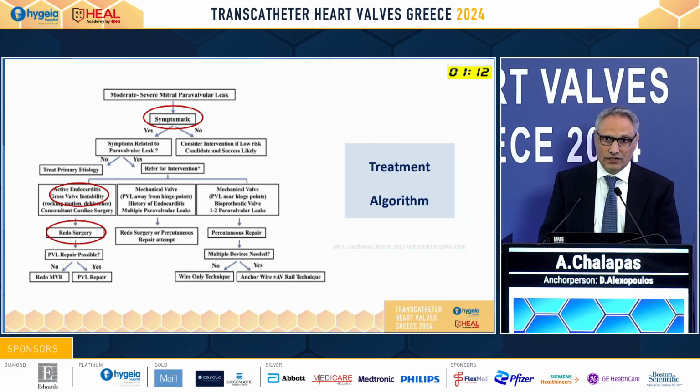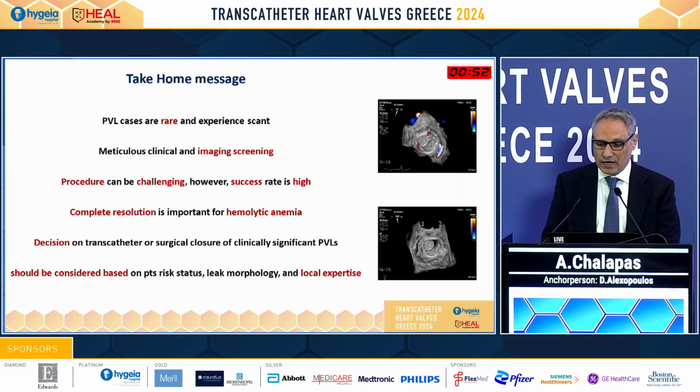Based on that, there are several algorithms proposed showing that in symptomatic, severely symptomatic paramitral defects, especially when endocarditis or instability of the prosthetic valve exists, we have to think first of reduced surgery. In all other cases, we have to think of the percutaneous approach, and by that, I want to conclude by saying